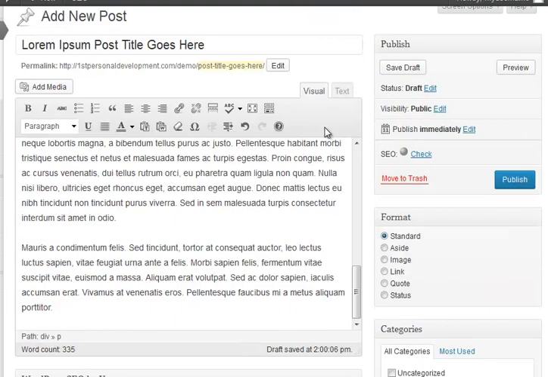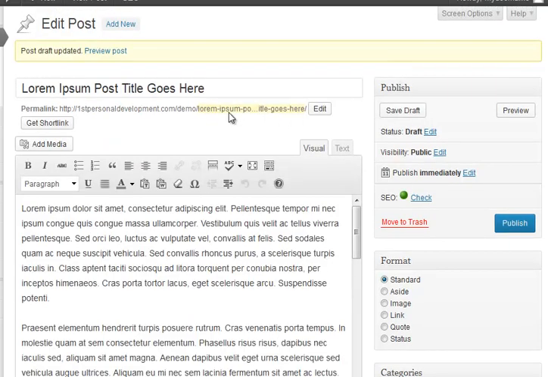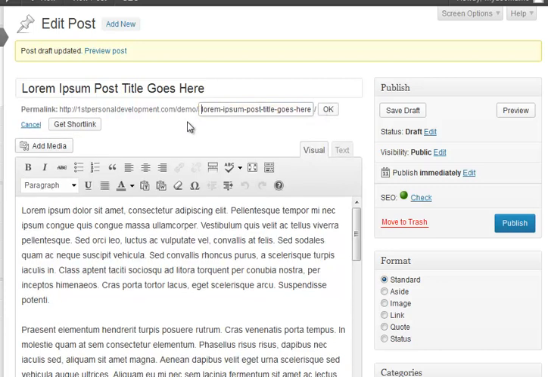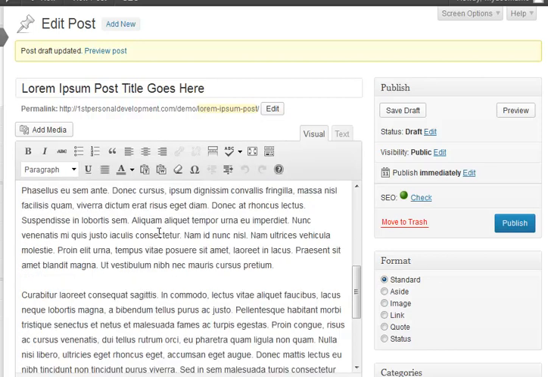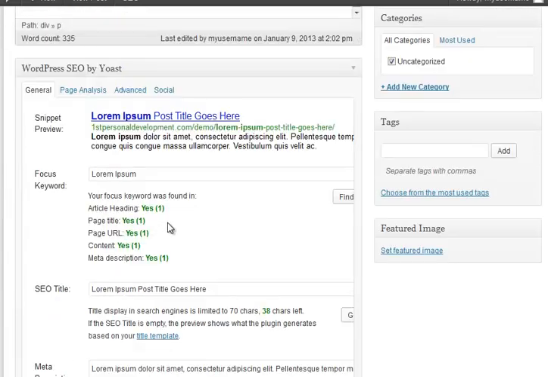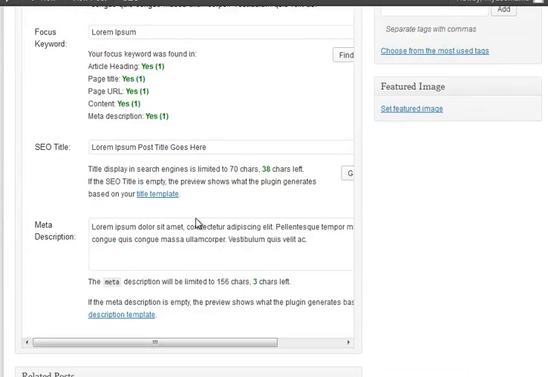Once you're happy with that, you can either save as a draft, which I'm going to do, or you could publish. That's the next bit I'm going to talk about. If you remember, we set the permalink up, and that's a bit long, so I'm going to cut that down to size. Up to you whether you do that or not, but if the URL goes on for too long, I find it a bit yucky. And then the power of Yoast is, once you've set all those,